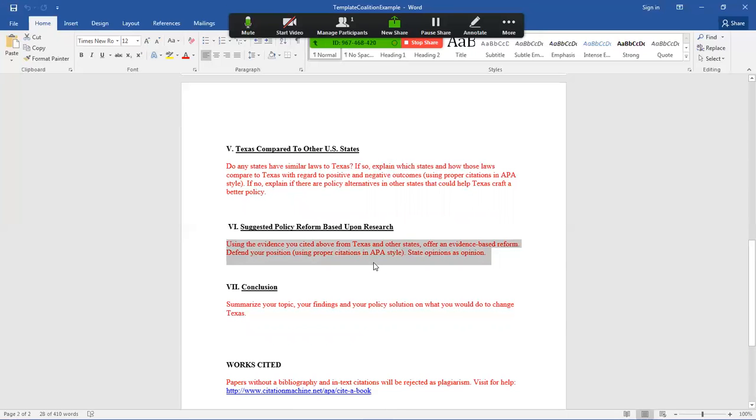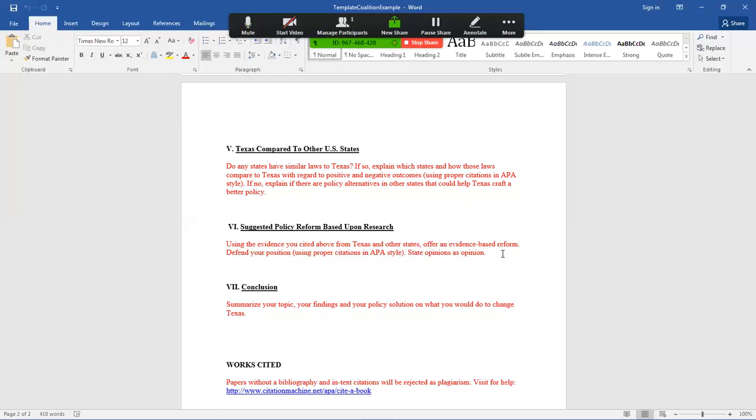The easiest way to do this is if you could find a state that has done something like what you want to do, find a state that has totally pulled away from standardized testing. That will be hard to find because states want federal money, and under No Child Left Behind, you have to have standardized testing in order to get it. So if you're saying, okay, standardized testing is bad according to our research, our evidence-based reform is that we totally repeal it,